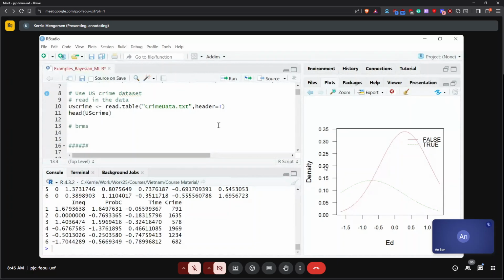So if you want to do machine learning regression, you can use BRMS. And we saw an example of that from day 2. Okay, so I'll come back to this file as we go through, which has some examples of the different methods that we're going to be using here.